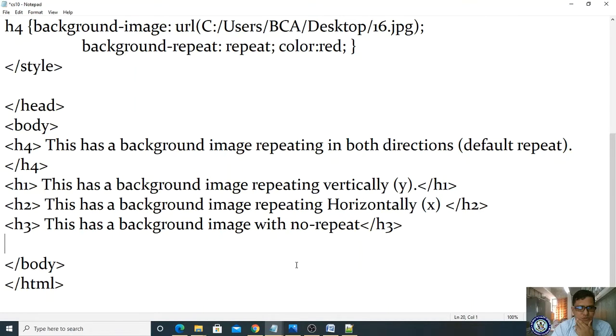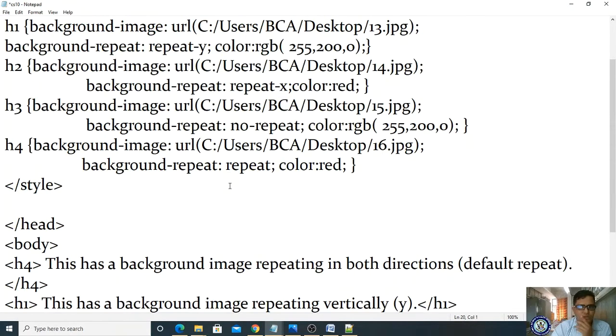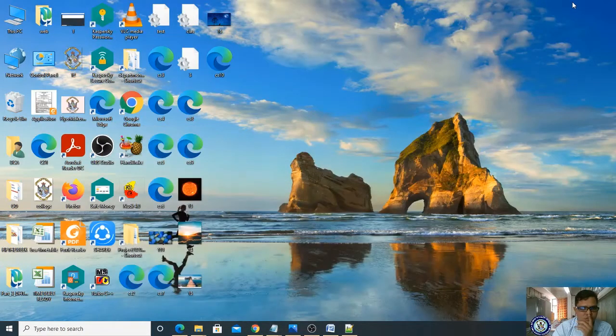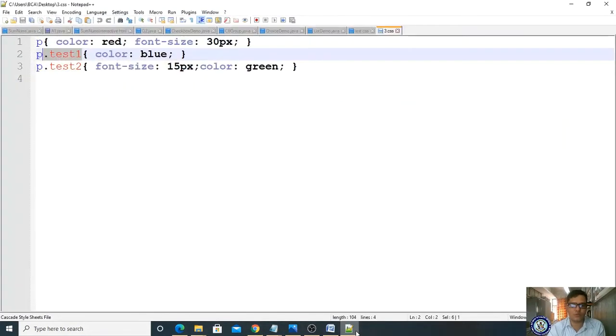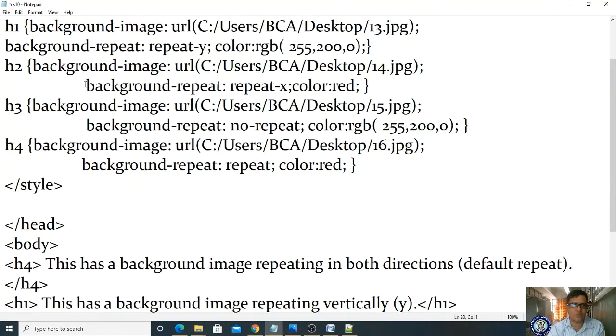Here it is the same thing, whether h1, h2, h3, or h4. What is h3? 15, 16. Is image 15 there? Yes, so these are two different images appearing with the background color. If you provide the height and width, you will know how that image is appearing.